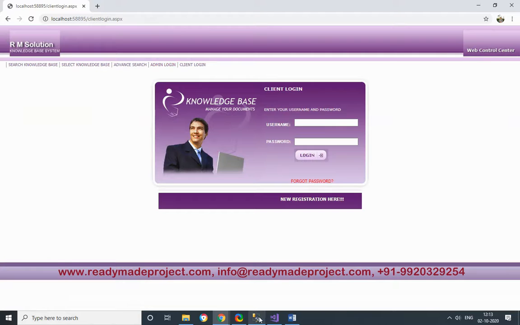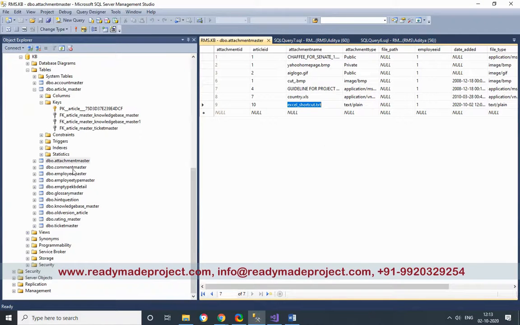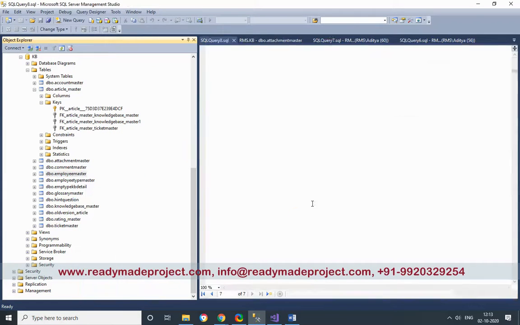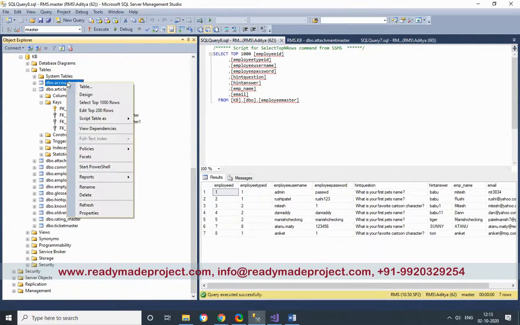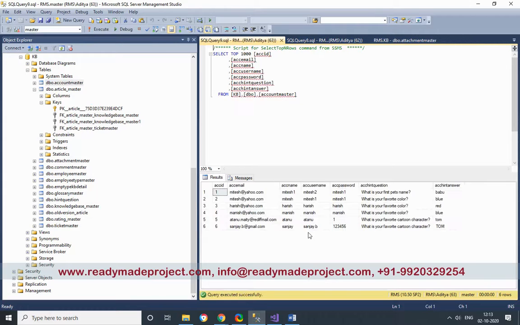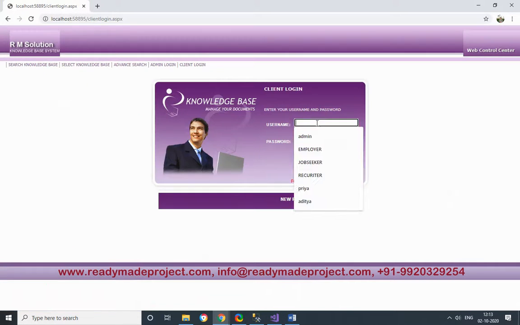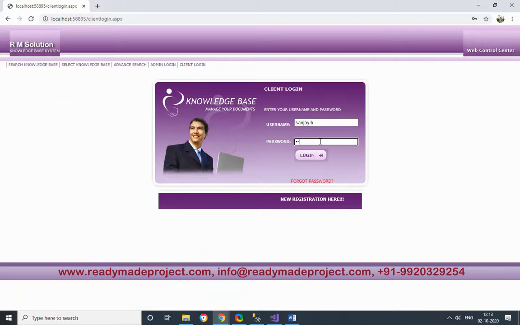Now I will log in as a user. So I will just go to that employee master. Already a record is there. Okay, sorry, account master. So you can just use that also, or you can register also. So I will use Sanjay B as username and password 123456.